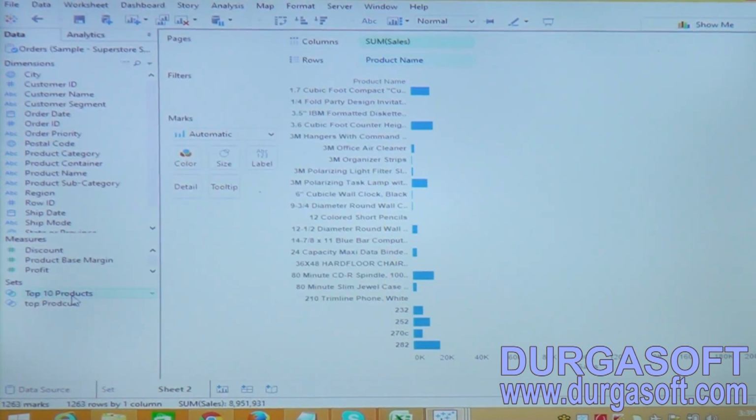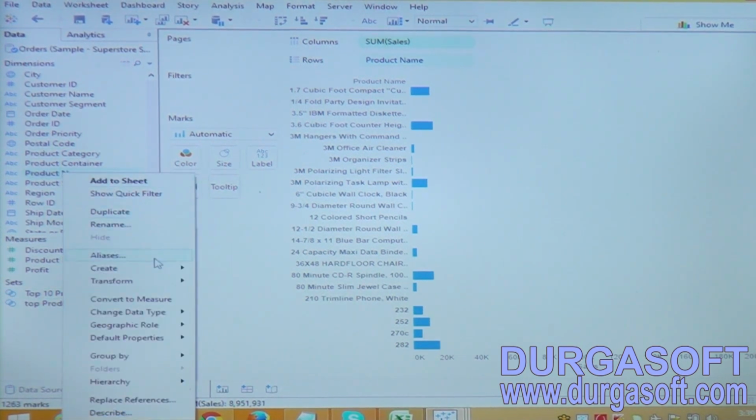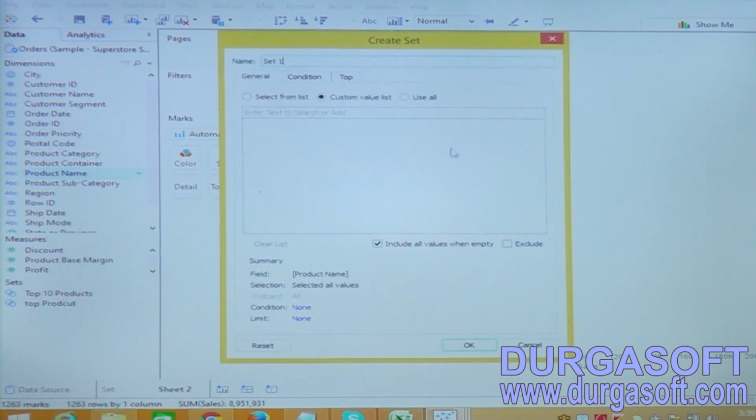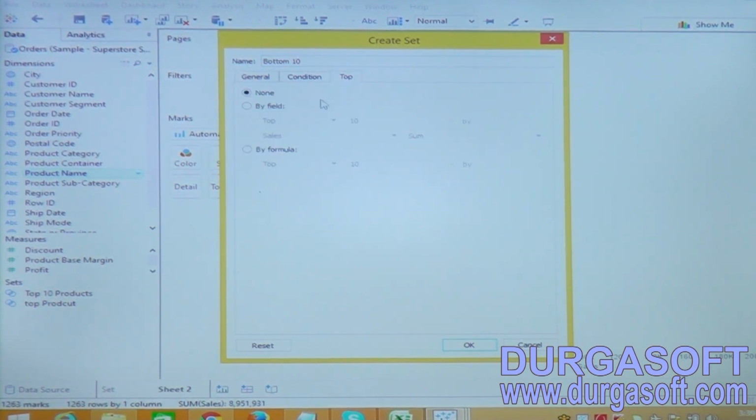Now see, we have a top 10. Let me create one more set which is bottom 10. Same, click on use all, go to top and select the bottom and give 10 here, and top 10 product.